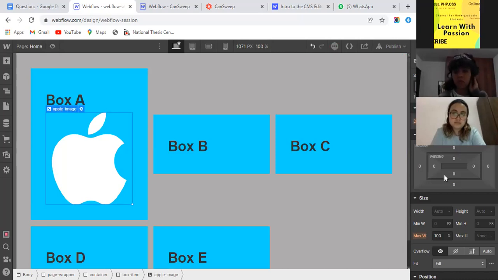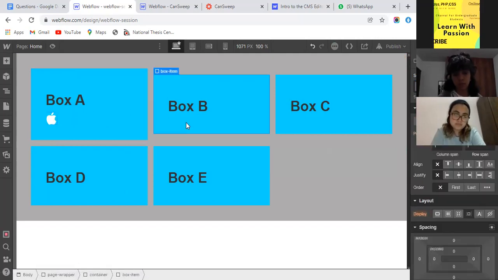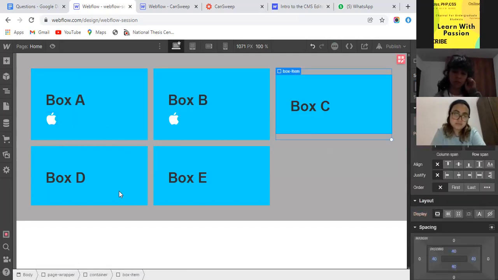I add a class to this image, and let's suppose I define it as 32 pixels. I just use this way for your proper understanding.